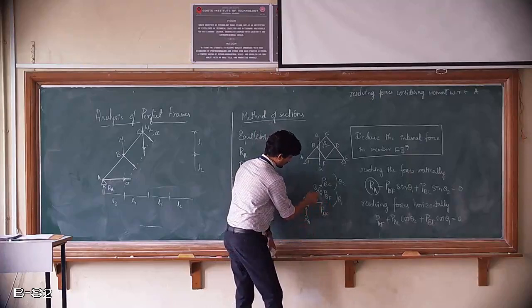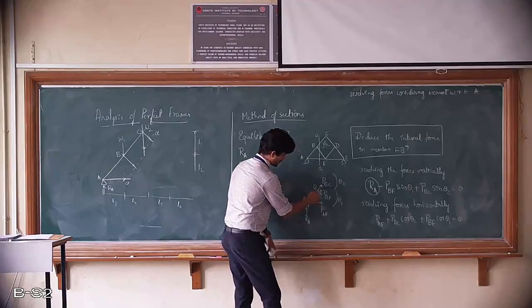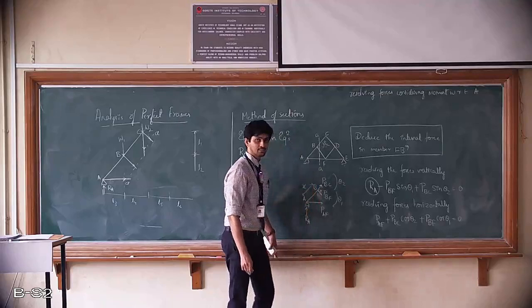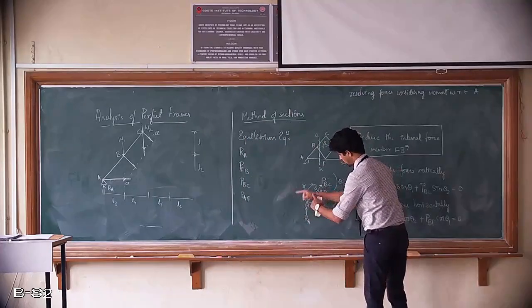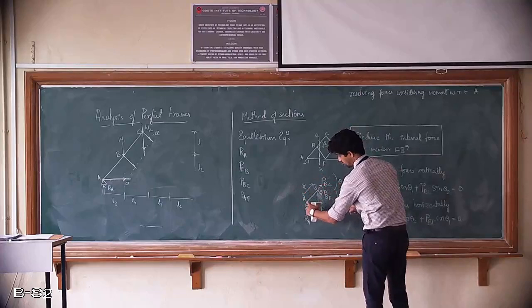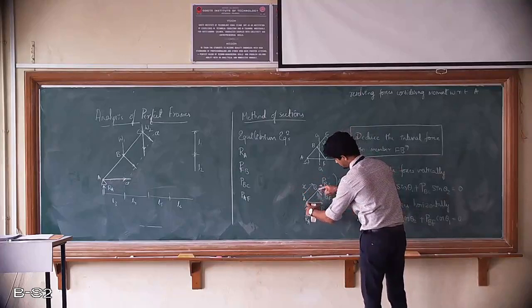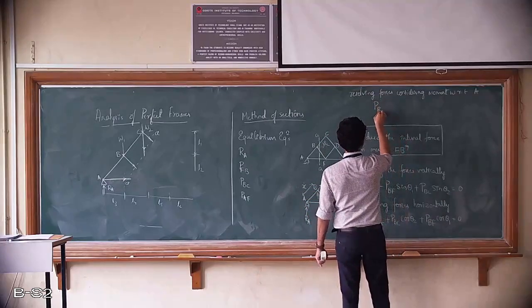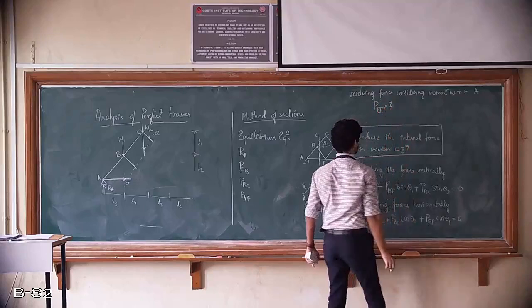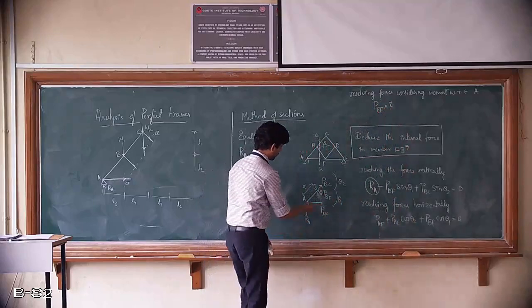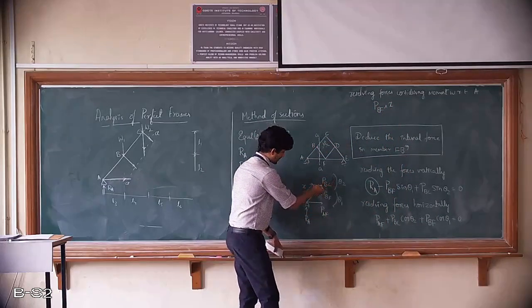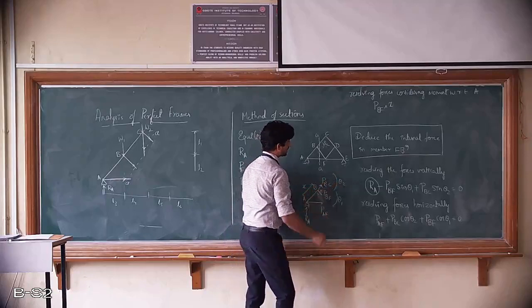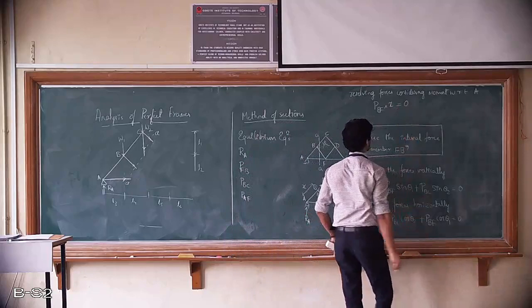Now next, PBF, which is acting at joint B, which has some perpendicular distance. Let us define that to be x, and that is going to give a clockwise rotation. Look at the force direction and the point at which the movement is considered. So let us consider clockwise to be positive. So PBF times the perpendicular distance x is positive. Now we have one more force PBC, which is acting in the same direction, and there is no perpendicular distance due to PBC. So this should be equal to 0.